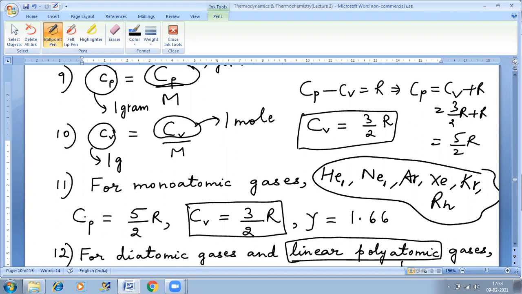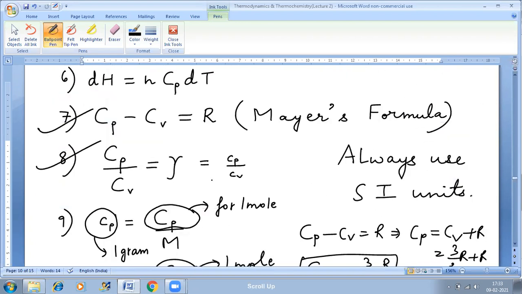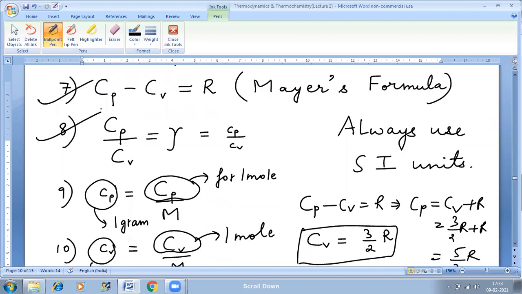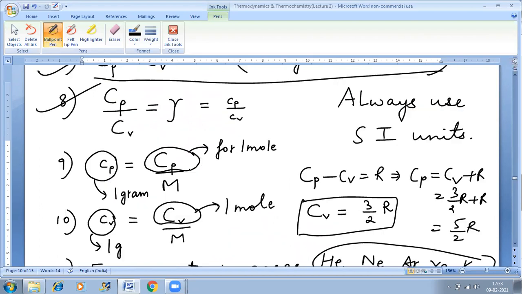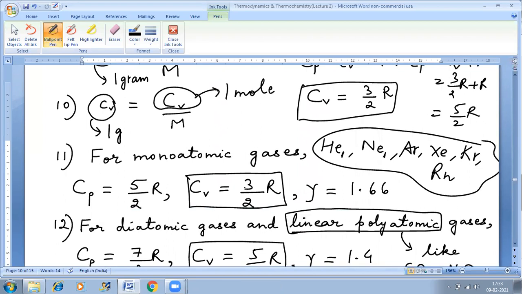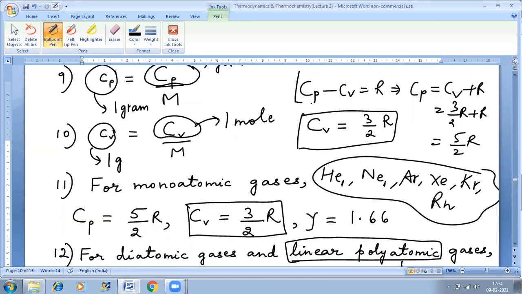And if I say what is capital Cp, then easily I can find out Cp as Cp minus Cv is equal to R. That is the Mayer's formula which we did, the seventh one. Using the Mayer's formula, we can find out the value of Cp. So if we know that Cv is 3 by 2R, we can find out the value of Cp using Mayer's formula. And what is Mayer's formula? Cp minus Cv is equal to R. Put the value of Cv here as 3 by 2R, and from here you can get the value of Cp as 5 by 2R.